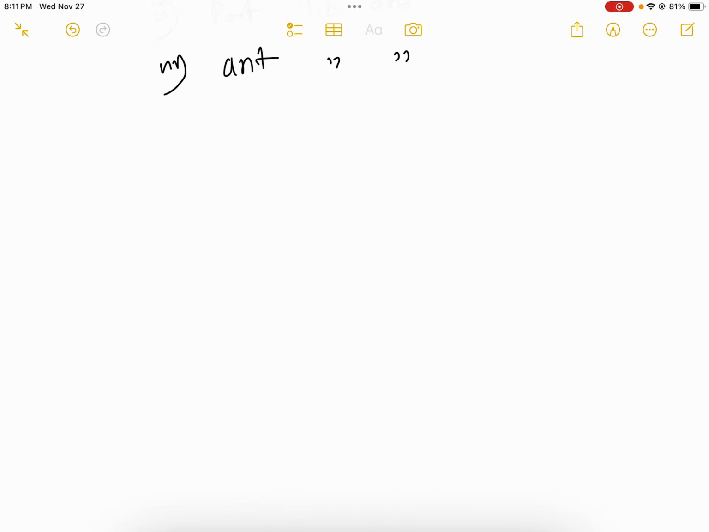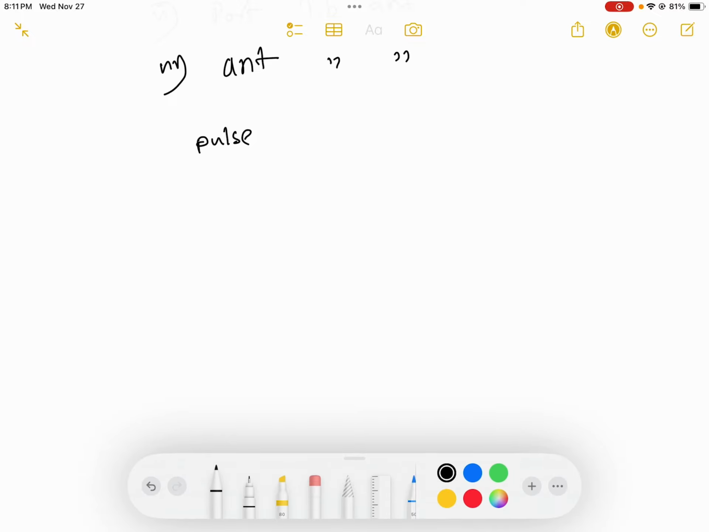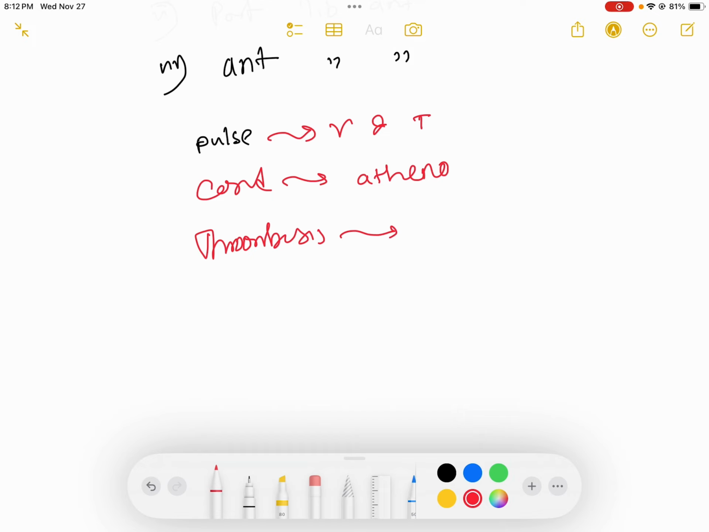While examining the artery, the following points are noted: pulse, its volume and tension, condition of the arterial wall, whether atheromatous or not, thrombosis of the vessels. When the artery is thrombosed, it feels midway between firm and soft, and one can feel something within